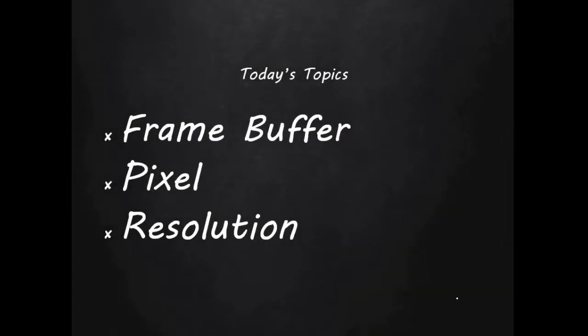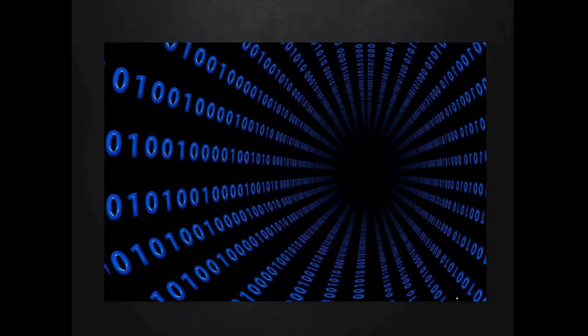In today's lesson, I bring to you computer graphics concepts: frame buffer, pixel and resolution. We all know that a computer is a digital device. What does it mean? That it works on discrete values, or more specifically, it works on binary values, that is 0 and 1. Everything inside the computer needs to be stored in the form of 0 and 1. So be it text, image, video, anything, ultimately it gets converted into 0 and 1 and then only we can store it.